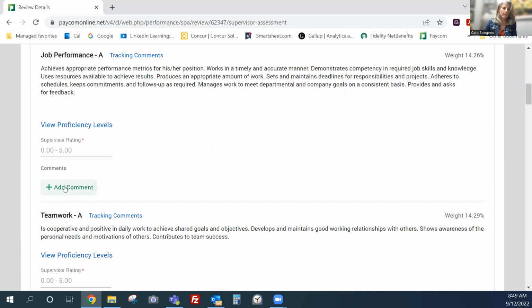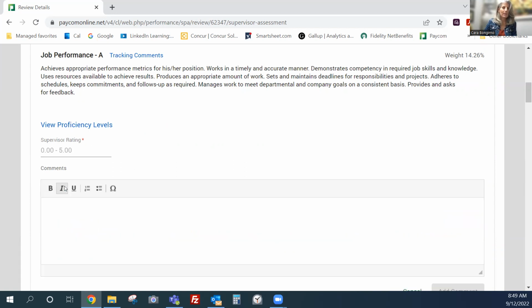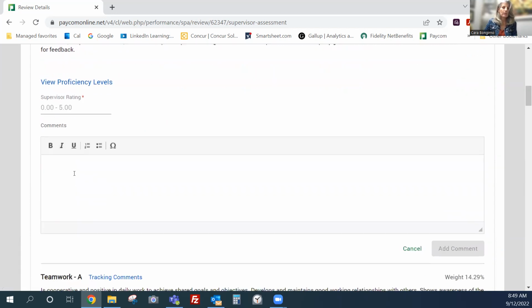Now, for each competency, you're going to want to expand the dialog box and enter your comments here. You want to provide an example or a brief note about why you're scoring the person the way you are for that competency, giving them a little appreciative or constructive feedback, perhaps both. And to save your comment, you're going to click Add Comment. You'll do that for each competency